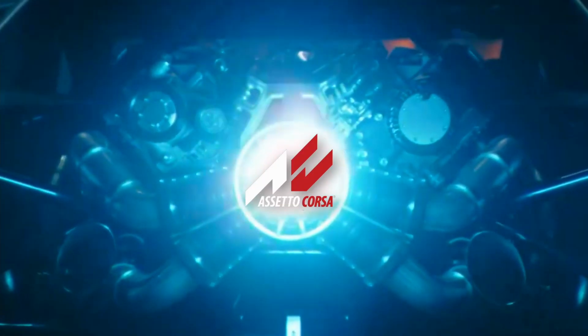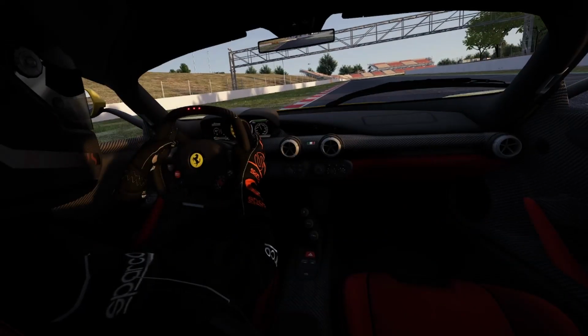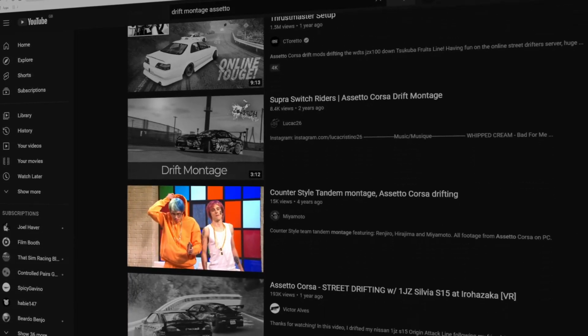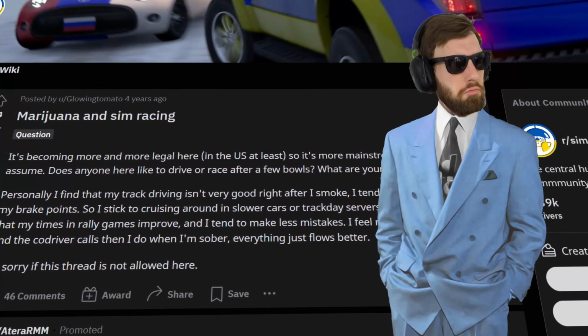But, firing up 13 gig of Assetto Corsa, I was greeted with this. Yes, it's still cardboard, but damn, that's some three-dimensional corrugated stuff! I stopped playing Assetto Corsa a couple of years ago because I felt too square to fit into that 420 smoke weed yeet drift crowd, which according to Reddit is completely normal and...